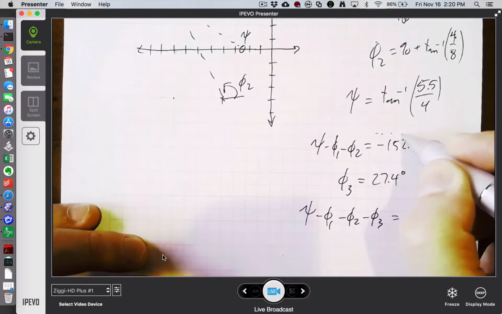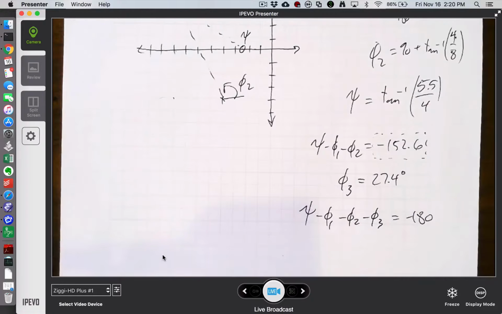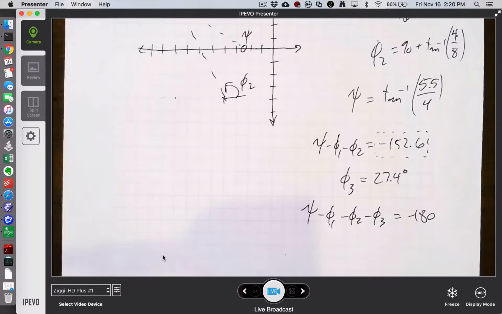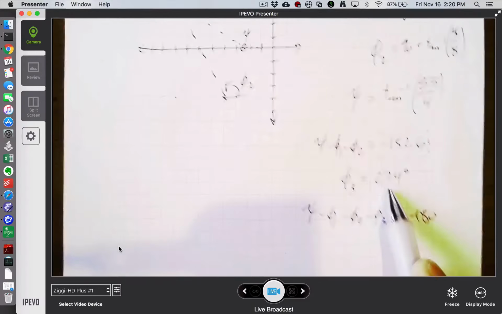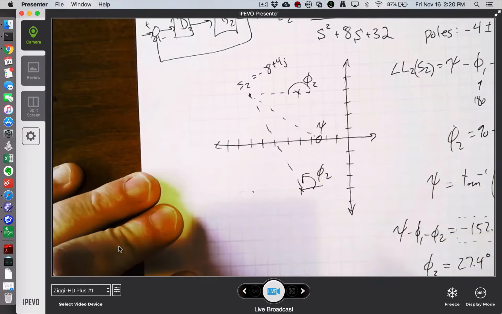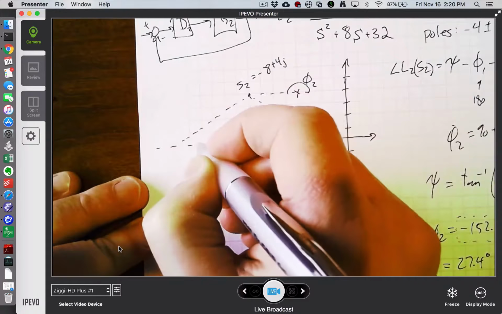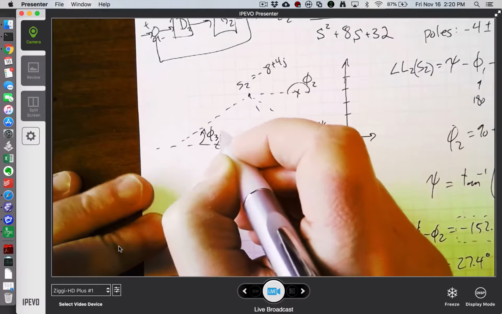So because this number is above negative 180, I need a pole to cause my target point to be on my root locus. If it were below negative 180, I would need a zero or a lead compensator to bring my phase up. But this requires a pole. Could also be done with a lag compensator, but we're just going to add a pole to get us to here. And so what we're really saying is that wherever this other pole is, there's a phi3 that's known to